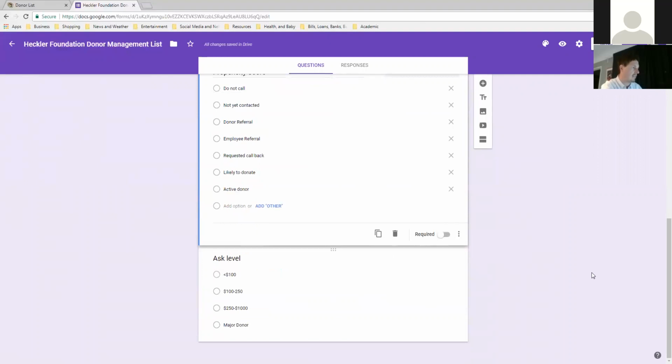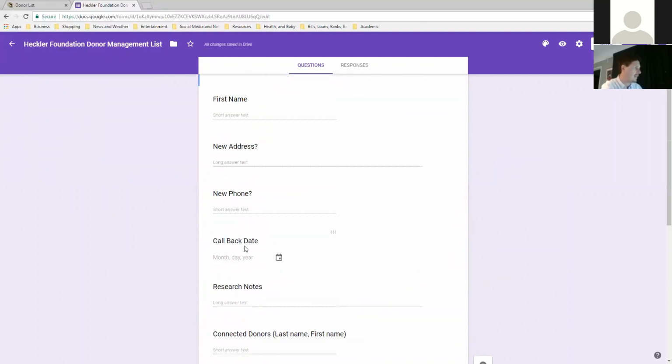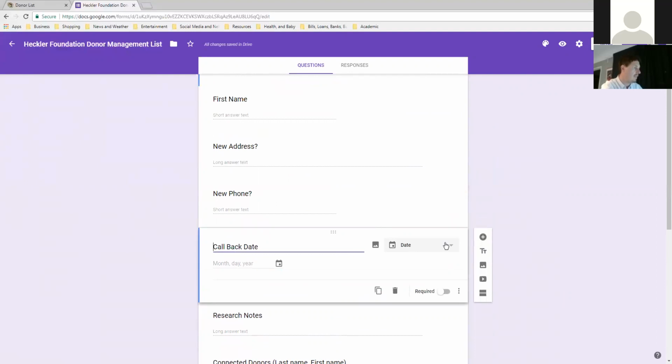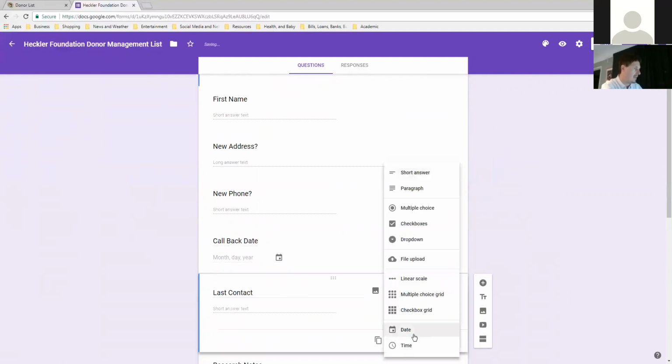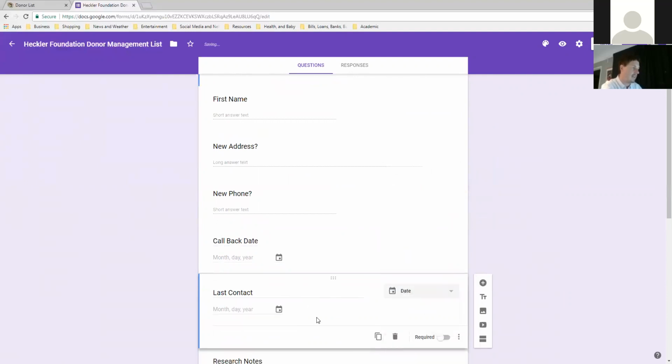And then an ask level, right? And then if you wanted to add in a callback date, you can add in a callback date. Maybe what you don't see here is a previous contact date, last contact, and then you can make that a date as well, right? And that way you can track all the information that you've got on the person. And once you enter into that